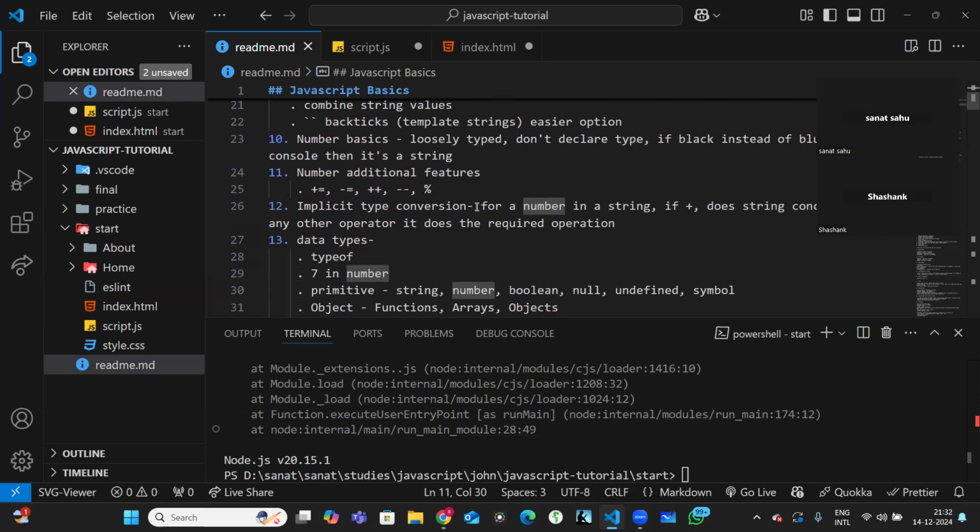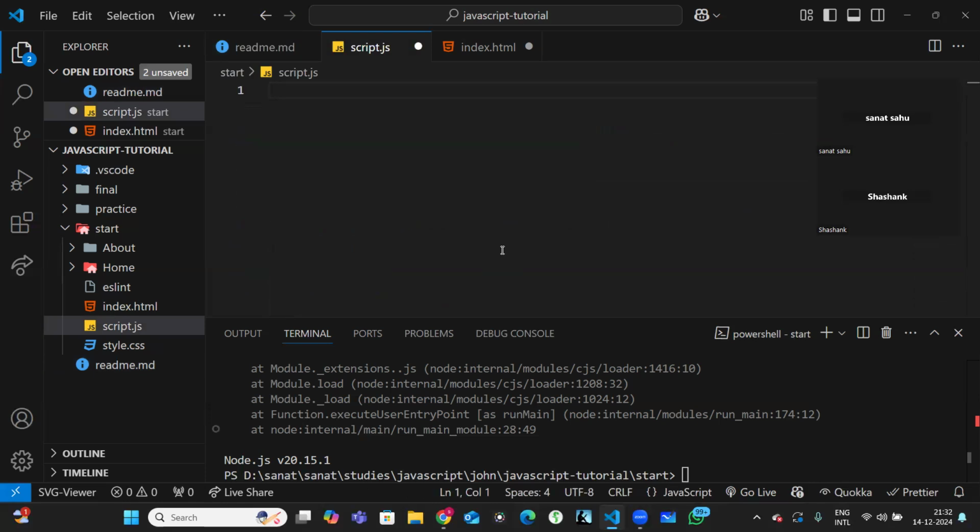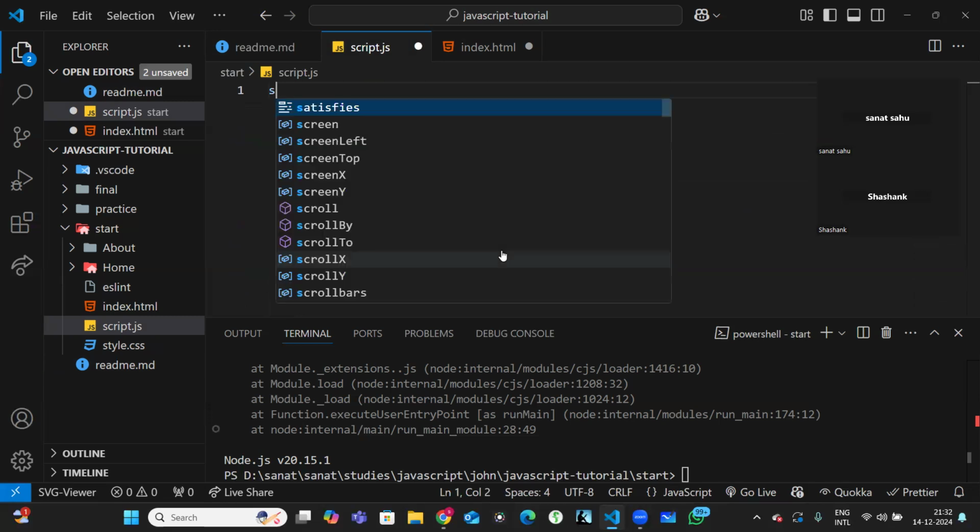This is an important question: implicit type conversion. Implicit type conversion means converting one type to another type. Converting one type to another type is a very important interview question. Basically, what we do in converting one type to another type is, suppose I'm having a